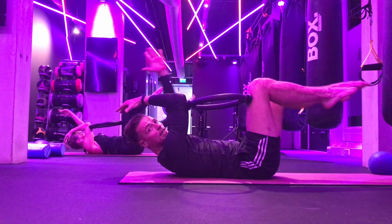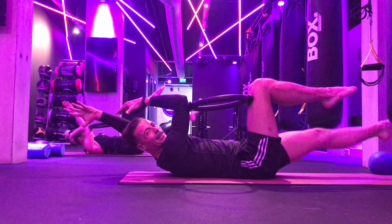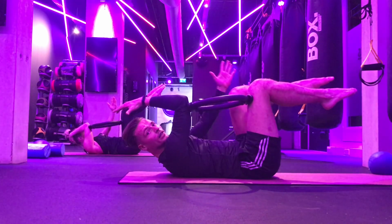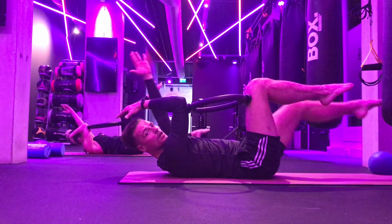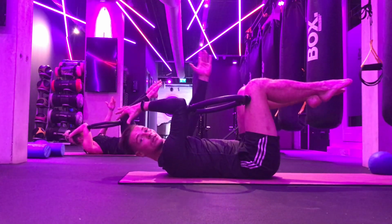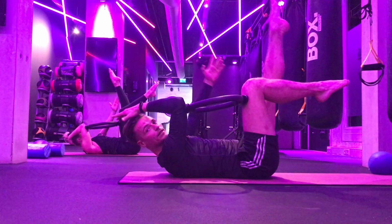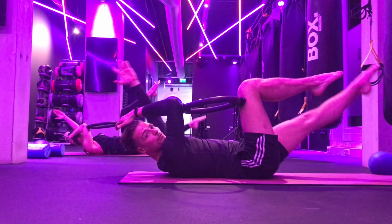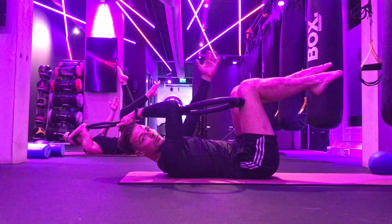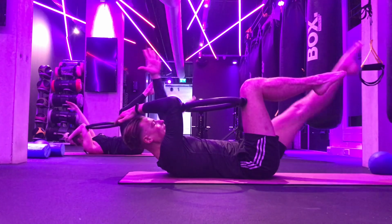So really keep on pushing your lower back into the mat. Last 5, like this. 4, 3, 2, let's stretch out the leg. And back. That's it. If you don't want to do this, you can just bend your knee back into tabletop. It's perfectly fine too. But let's challenge yourself for last 5,